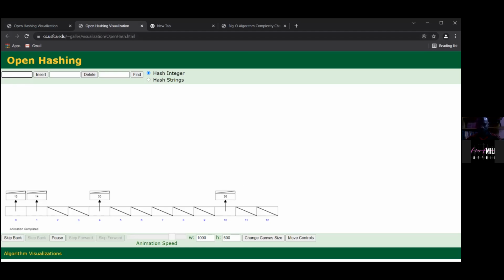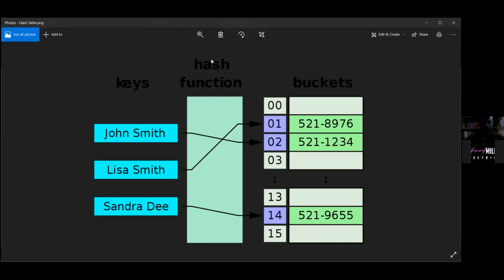Remember the first stop I showed you, that diagram about storing it in a phone book, a name of a person and the phone number. Remember how it gets stored? Okay, let me bring it up again. How it gets stored is this hash function.